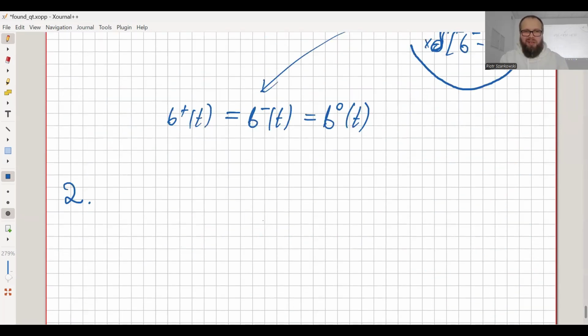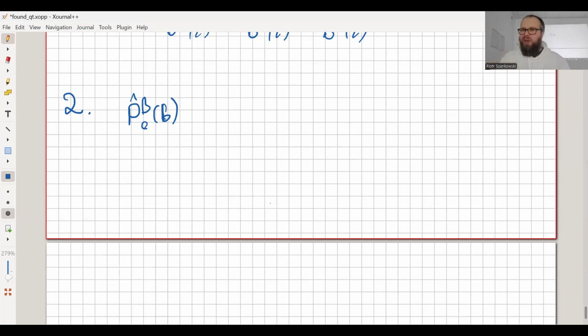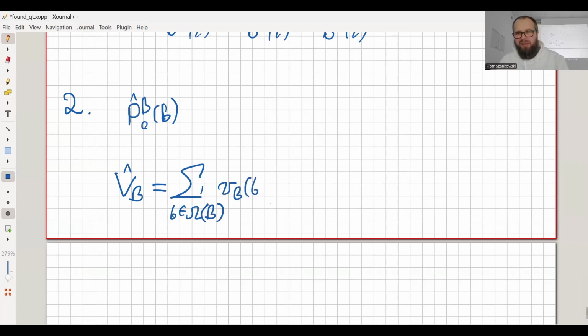But those PB guys, as a solution to the eigenproblem of operator VB, formally they are just the spectral decomposition of operator VB. So in other words, VB, you can write it as the sum over omega B of b, PB,